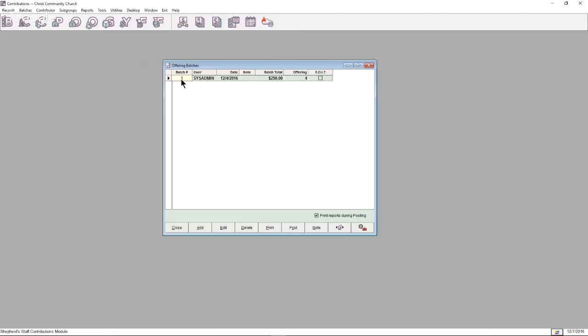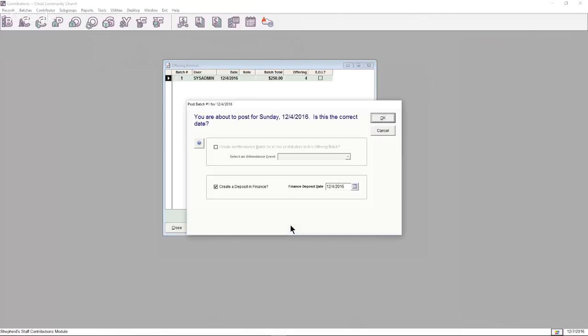There are churches that like to start out with batch number 1 at the first of the year, and that's the way that they do it. So to post this batch, I'm going to click on the batch and click the post button down here at the lower right, and you'll notice that it says print reports during posting. So that means I'm just going to get a posting report. So I'm going to click post,